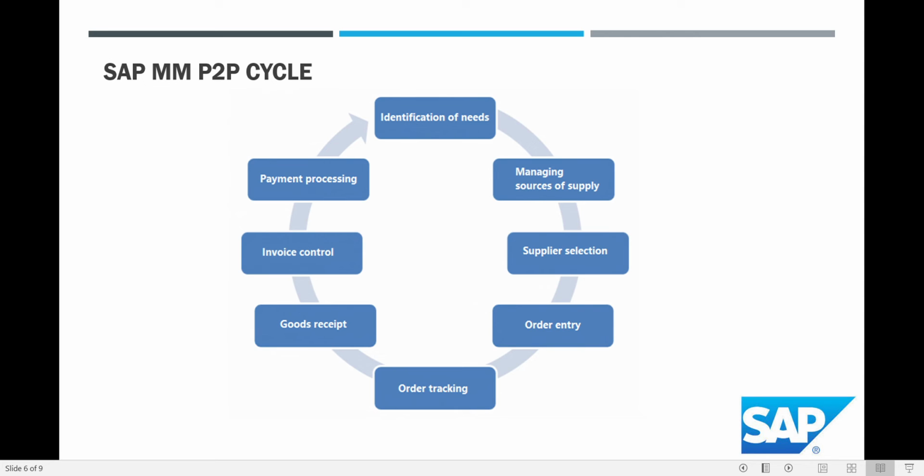Let's assume one seller quotes 1 rupee, another 1 rupee 10 paise, another 90 paise. Depending upon their requirement, they will choose a single supplier or multiple suppliers. After the supplier selection is done, they have to create the purchase order.